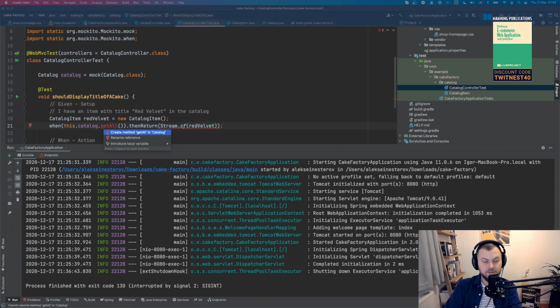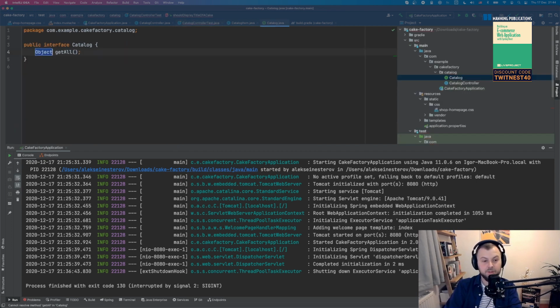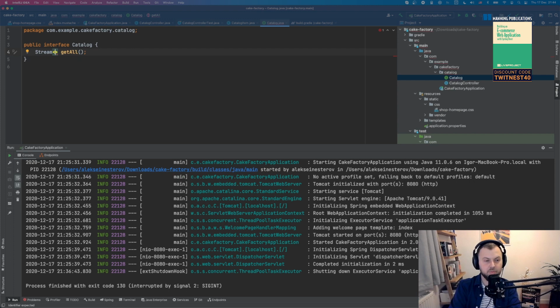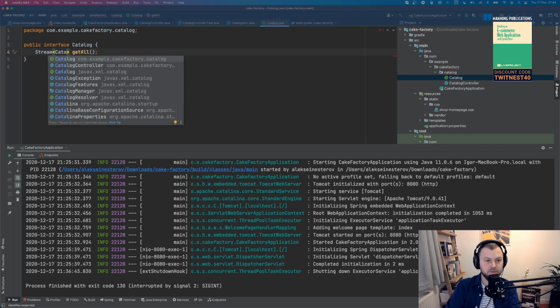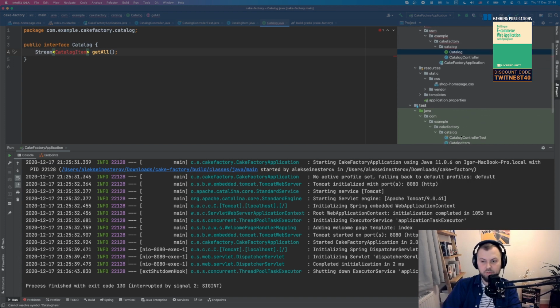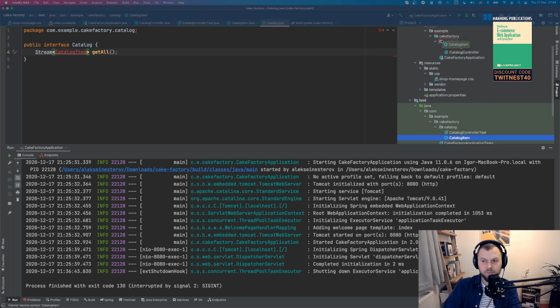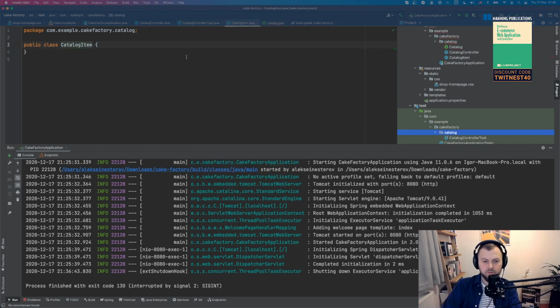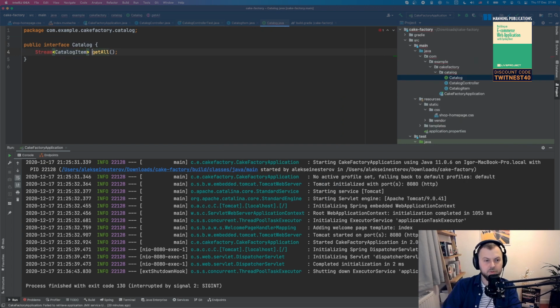So this method doesn't exist because the service is completely empty, and we're going to create one, right? So it's going to return a stream of, what is it, catalog item, I called it, right? And it's probably created in the wrong folder. Yeah. So I'm going to move it to my application, my main source directory instead of test directory. Yes, I want to refactor it. Cool. So that's, as you can see, my interface is getting some shape now, right?